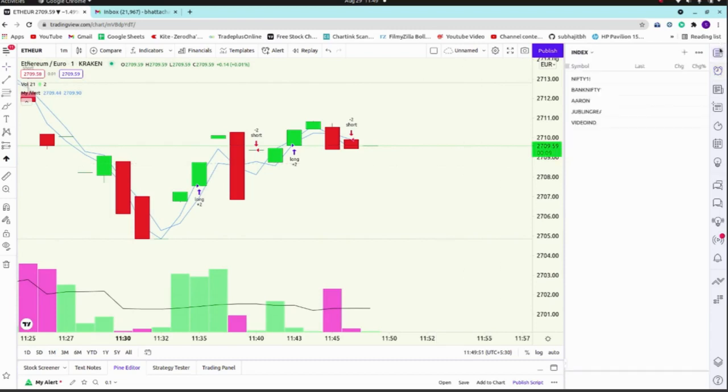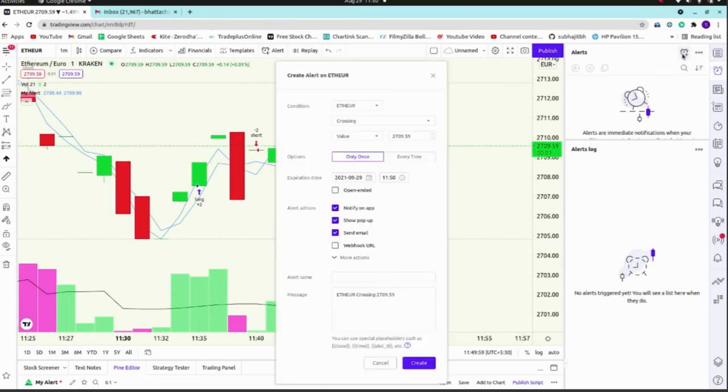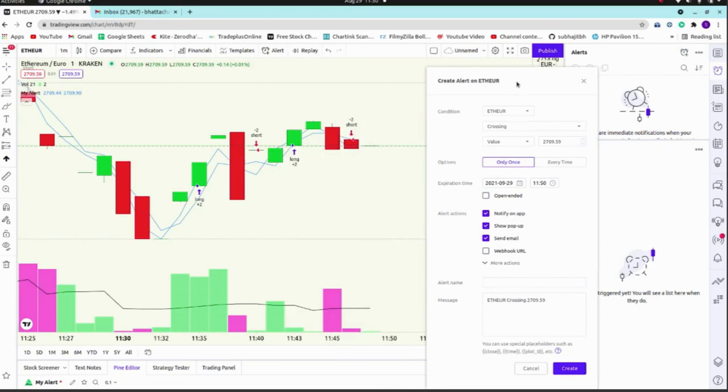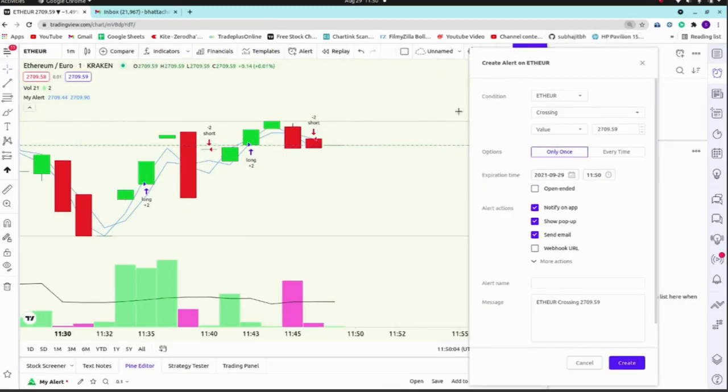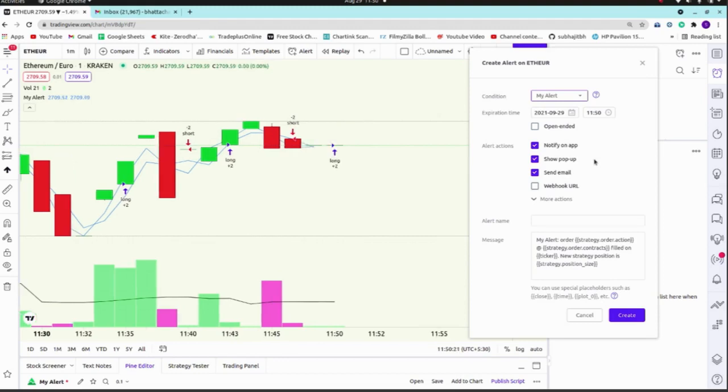It's very simple. Going to the watch list, the second one is the alert. So go to the alert and here is add alert or create alert. Now here let me zoom in. Now in the condition part, our alert strategy is my alert. So we'll set my alert because this is a strategy. So buy, sell and exit all are defined here. So it will take automatically. You no need to explicitly say this is the buy, this is sell or this is exit.